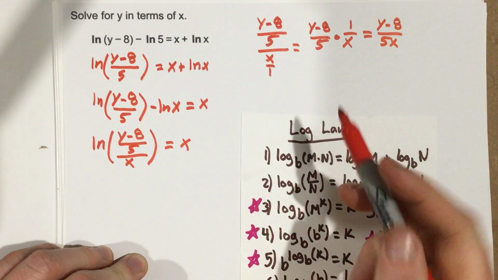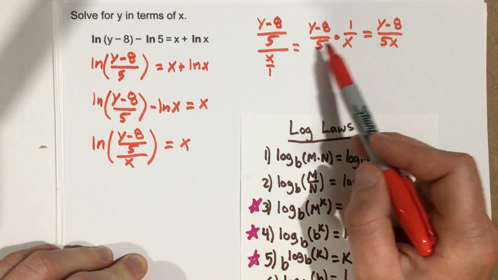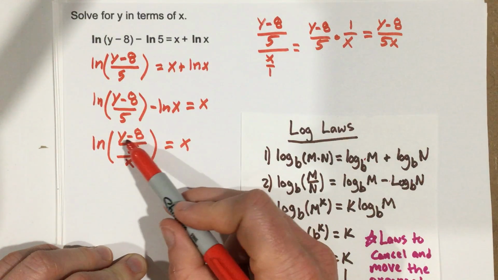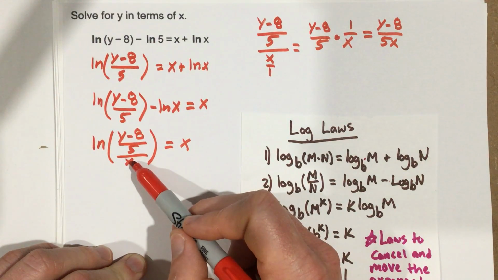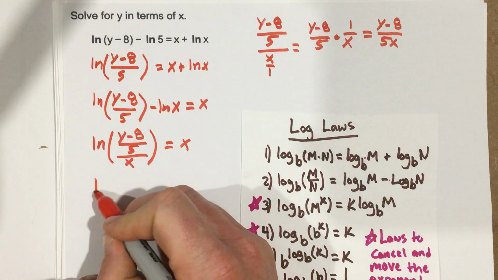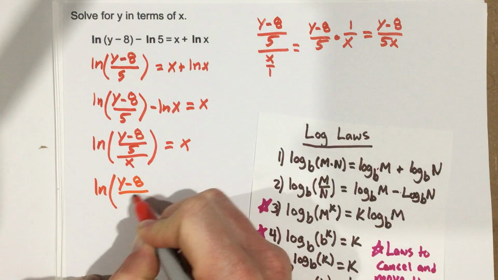So there's two ways to think about it. I have a fraction divided by a fraction, I flip and multiply, and I end up with 5x in the denominator. Or I have y minus 8 divided by 5 divided by x, so total I divided by 5x. Those are probably the two ways to think about that. So I'm going to write that as natural log of y minus 8 over 5x